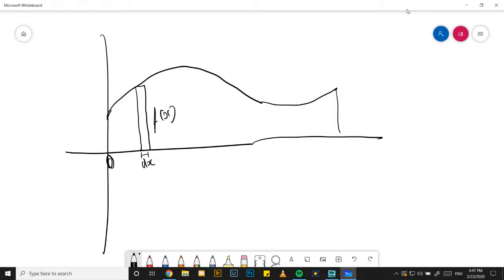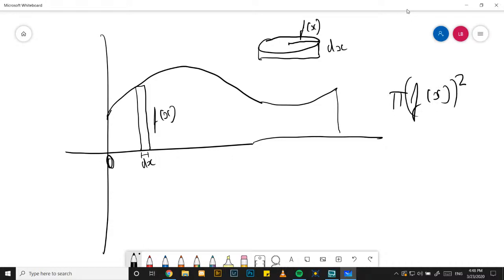When we sweep this out, it gives us a cylinder that has height dx and a radius of f of x, and this is all the information you need to find the volume of the cylinder. So what is the volume of the cylinder? It is pi times f of x squared, the area of the circle on top of the cylinder,